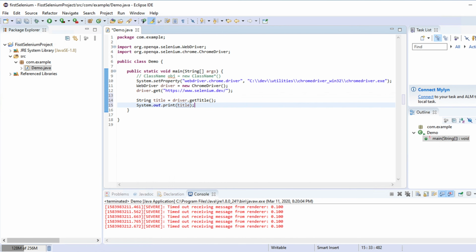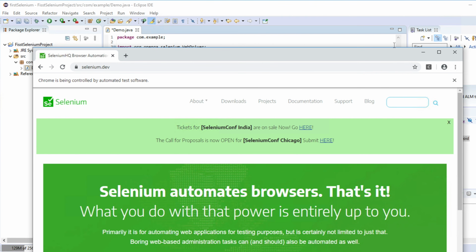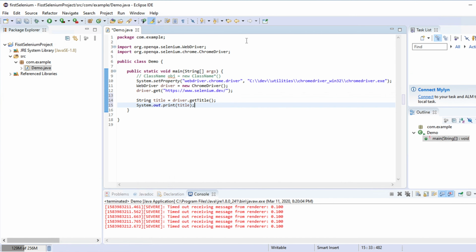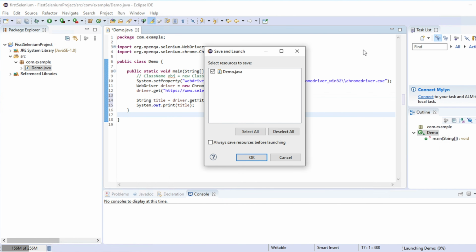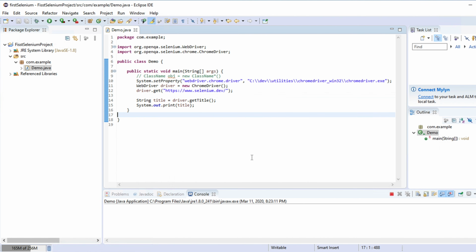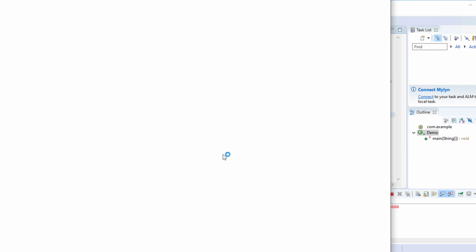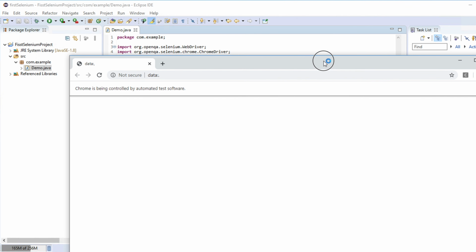Let's close this browser because we don't need it, we'll open it again. Now run the application again, and it will show us the title of this page in the console. I'm going to right click, then Run As, and then Java Application, and then it's asking that we didn't save, do you want to save? Yes, I want to save, so I click OK. Once I click the OK button, it will start the browser. It is starting,